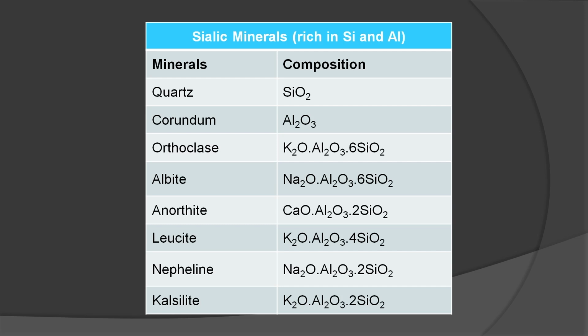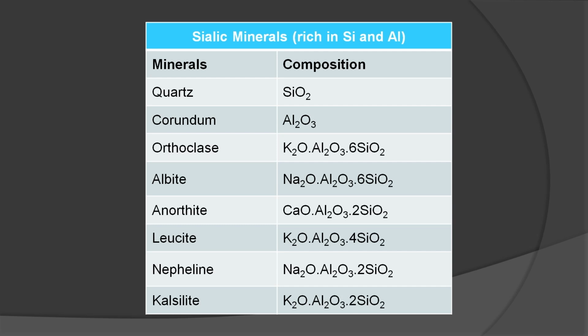Listed are the minerals and their chemical composition. You can see quartz, which is silica rich. Then we have corundum, which is totally Al2O3. Then all the other minerals: orthoclase, albite, anorthite, leucite, nepheline, calcilite. These minerals, as you can see from their chemical formula, have a major proportion of silicon and aluminium in